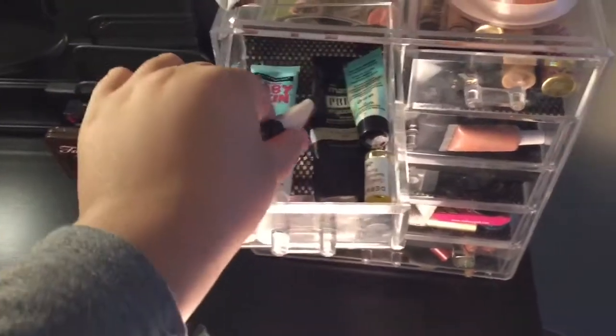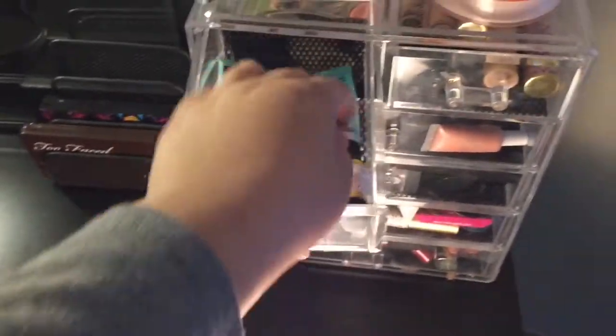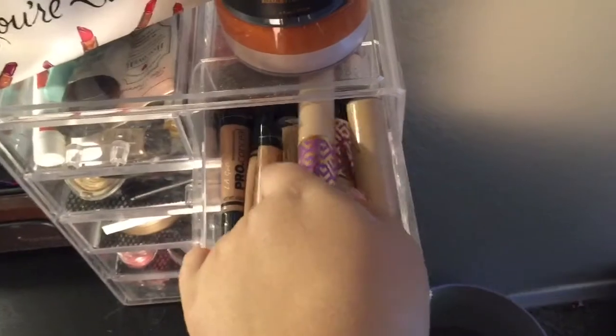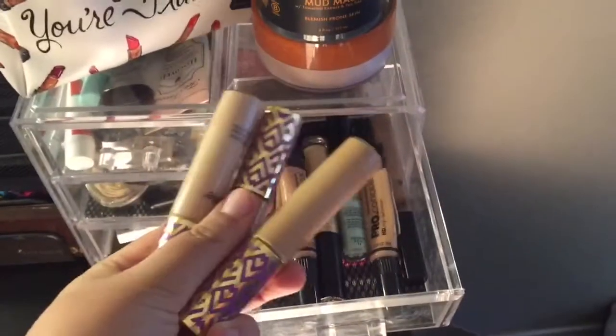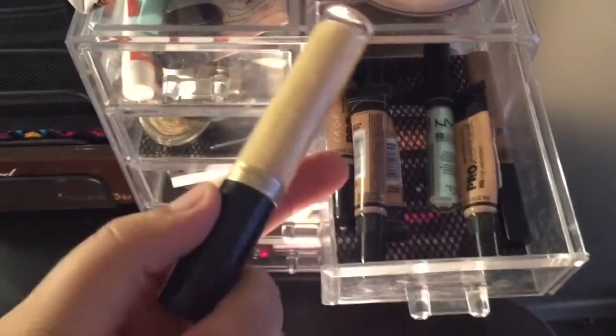Oh, this is like a little under eye primer. This is nearly finished too. The Master Prime by Maybelline, a little mini Professional, and then this cute little oil thing. Over here, our concealer. You already know your girl got a thing for the Tarte Shape Tape. Under that though, I have the Born This Way concealer. Honestly, I need to start using this more because this was like $30 and I never use it. And then I have a bunch of these,